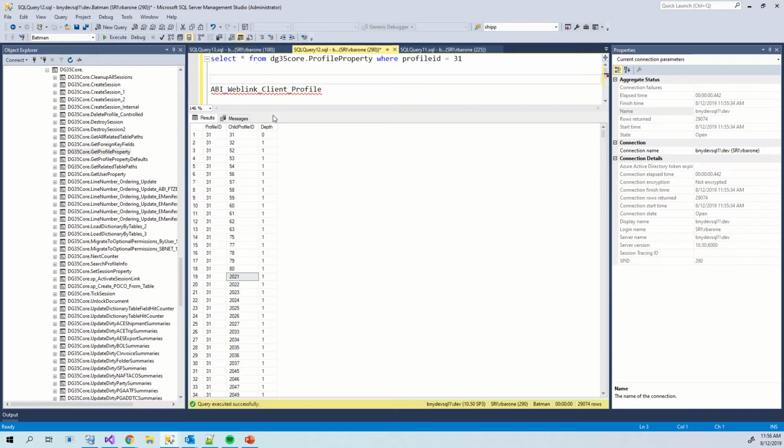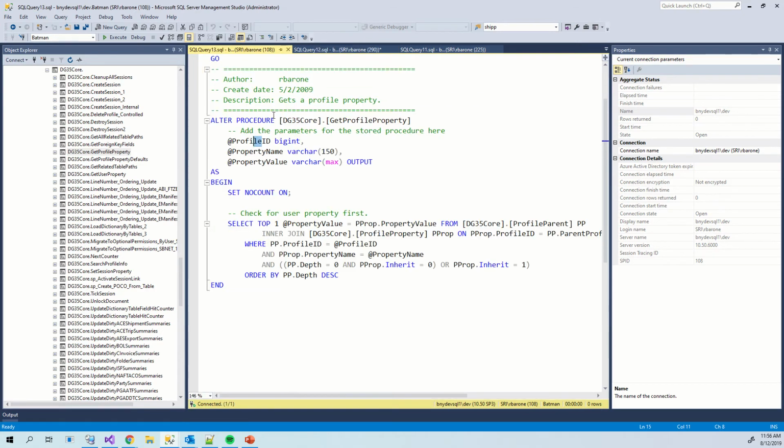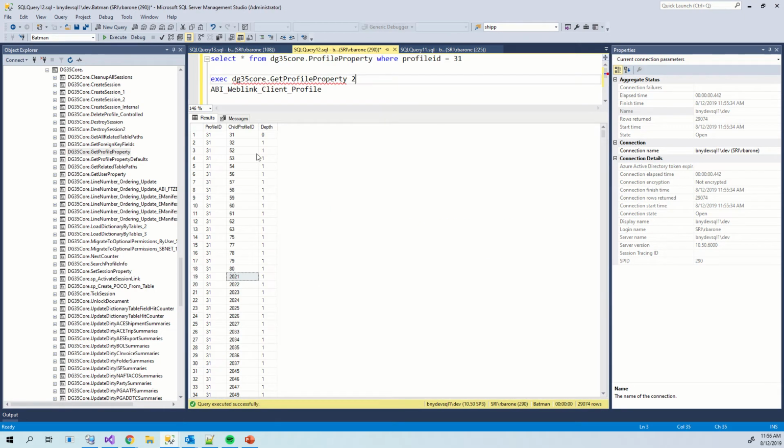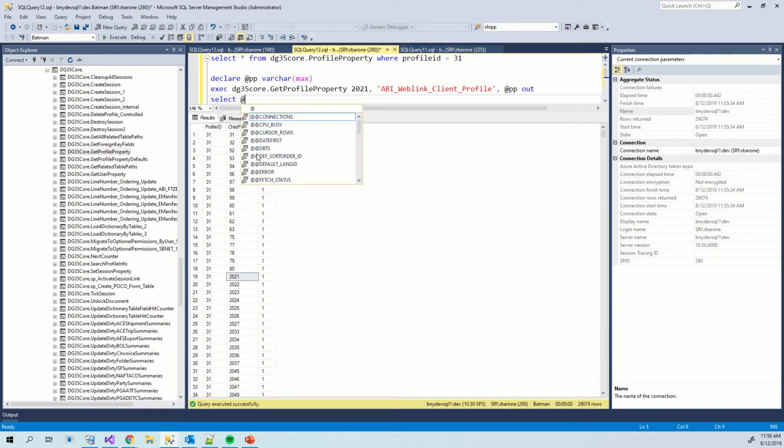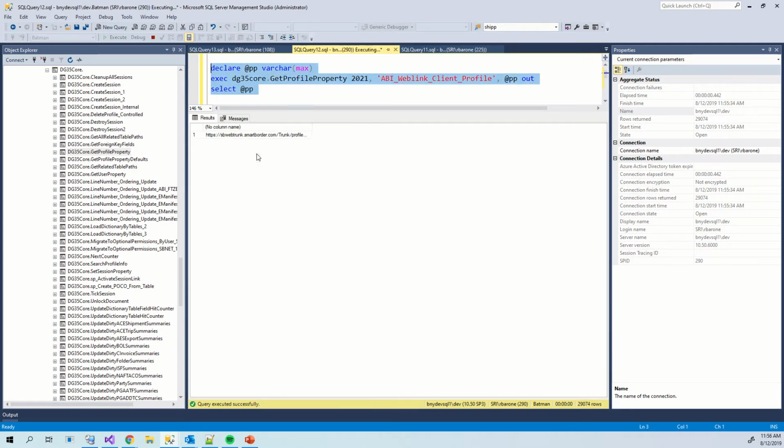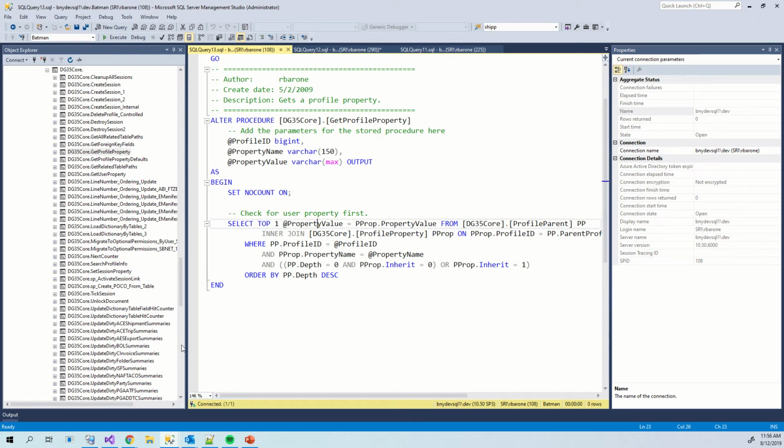So we're going to look for the get profile property. We're going to pass a profile ID of 2021. And this is the profile name we want. And then we'll do a PP out. So if this works properly, there we go. It then executes this SQL statement,